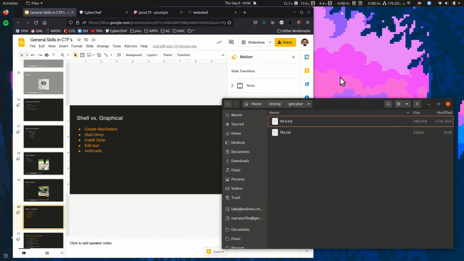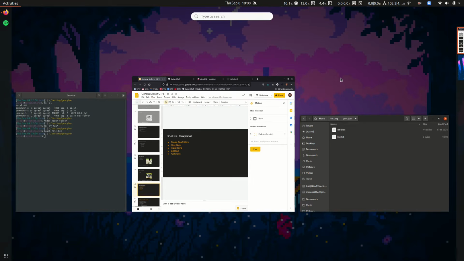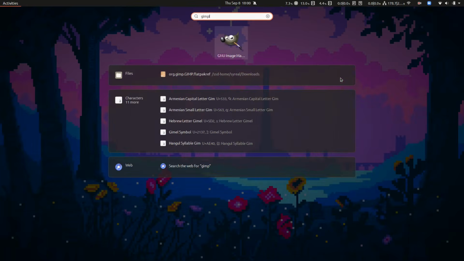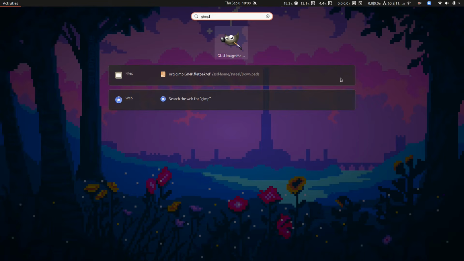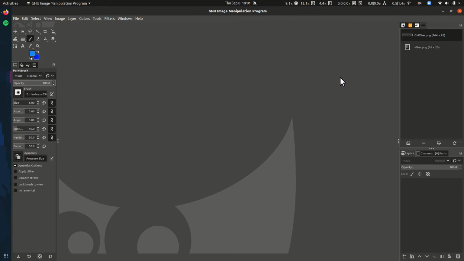All right, so how do I start GIMP? Well, the best way to do that, I believe, with the graphical method is by hitting the OS key and then typing GIMP. This will be different for different operating systems, but most nowadays have this functionality where you can search for a program after hitting the OS key.